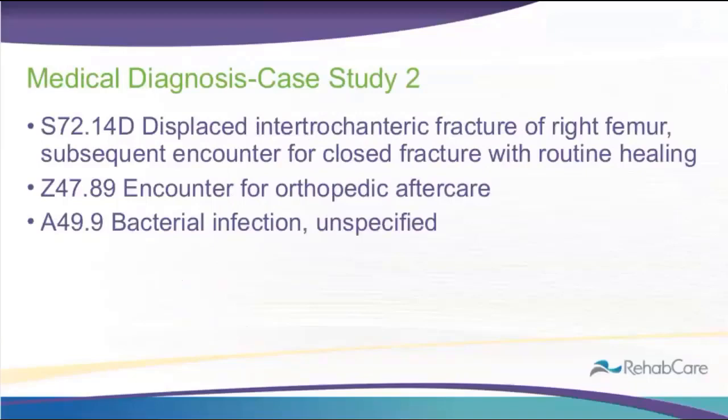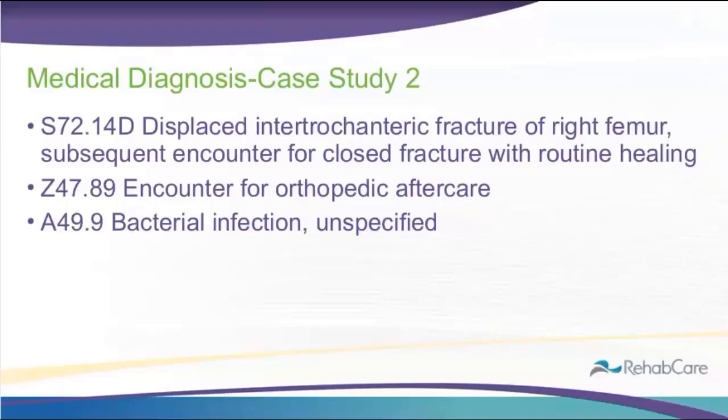S72.14D. Should be an X in there. Displaced intertrochanteric fracture of the right femur, subsequent encounter. The D is used because it's still healing. So it's not the S yet because it's pretty new, but he's not in the hospital, so it's not going to be an A. The Z47.89 is the encounter for orthopedic aftercare, and then the A49.9, he's got a bacterial